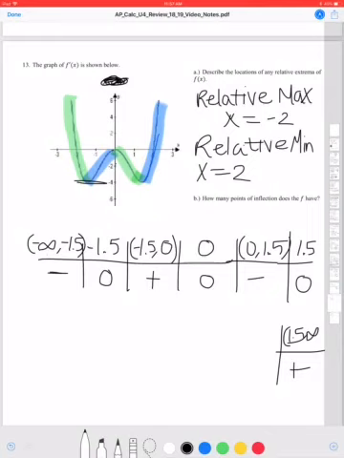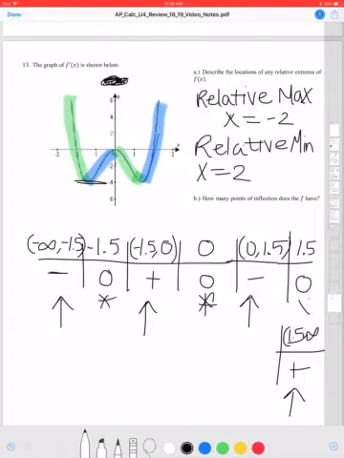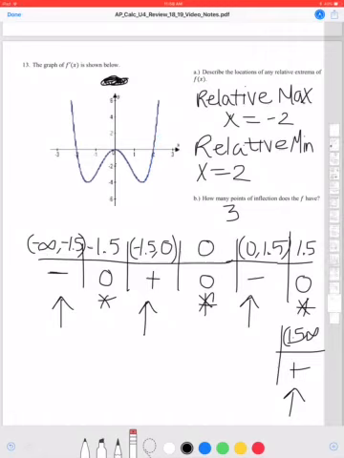Alright. How many points of inflection does the graph have? Anywhere where the graph changed directions is where the sign of the second derivative is going to change. Right? Anywhere where the derivative graph changed directions, we had a change of sign. Right. So we have 1, 2, 3 points of inflection. Or if you look at them on the graph, right, they're going to be here, here,